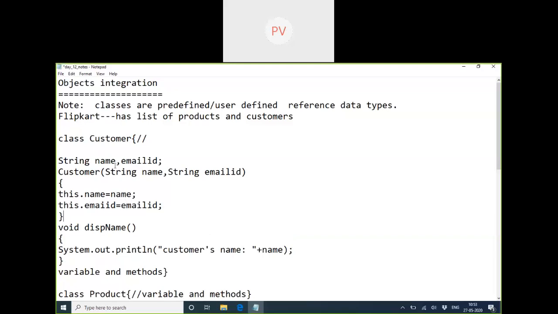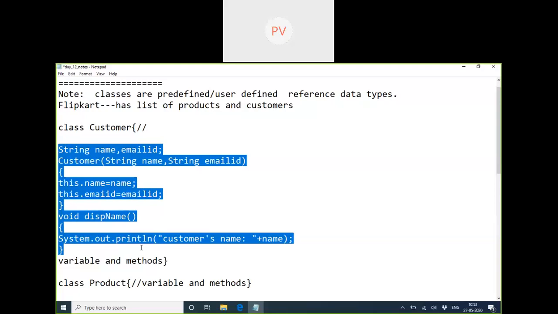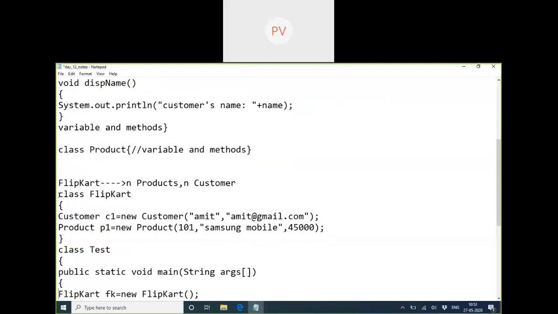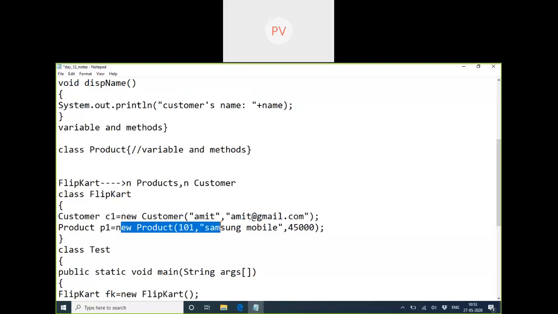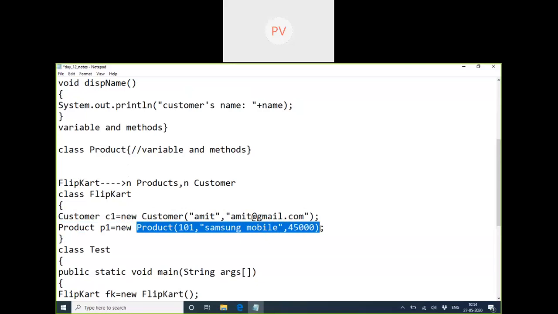So that's up to you now. One by one we have to write the code. I didn't want to write immediately right now, we'll do the coding later. I'm trying to give an overview of the program. If we have developed the Flipkart class, I'm writing just minimum code. I just created an object of customer with these details. Similarly, I have constructed the product object like this, so we can understand inside the product class we have a constructor with three arguments: integer product ID, the product name and the product cost. So right now this is only a Flipkart with only one customer and one product.